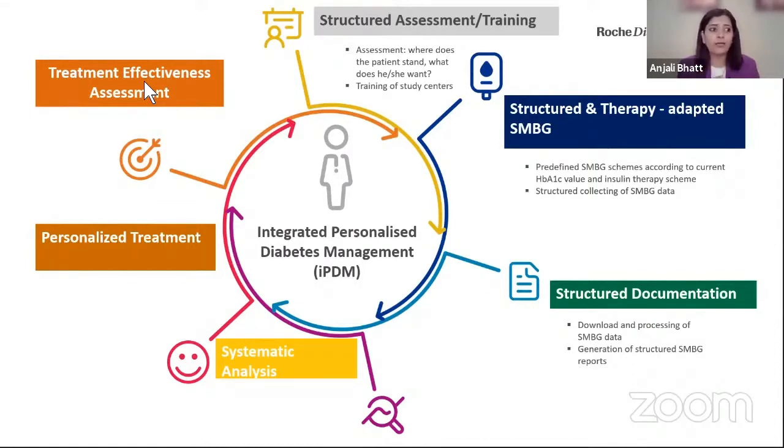So a structured way of suggesting the SMBG, and it is very useful to ask them to document those, because without documentation, a person would often tell me my blood glucose is somewhere around 150, somewhere around 200. That doesn't give any useful information about what we are supposed to do over that structured or unstructured glucose readings. So documentation is important. In IPDM, it was digitalized and all the data was entered in a system. Then systematic analysis of what we have documented.